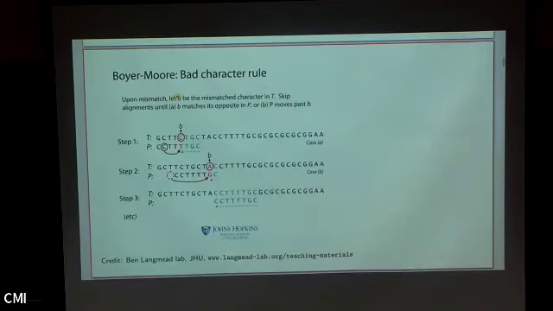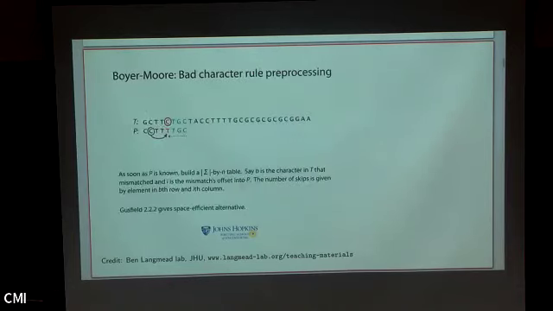One of the first clever things it does is that it starts the matches from the end of the pattern and not the beginning. So you align the pattern here, but it's not looking at these characters first. It's looking at these first. And what that does, I won't go into the details, is that when you see a mismatch, it allows you to skip ahead by sometimes quite a bit. So if you have seen a mismatch here, you don't have to slide it once, but you can actually slide it all the way here. And then each time you're matching going backwards like this. So only when you actually find a match, you end up comparing all the characters, but most of the time when you find a mismatch, you just jump quite far ahead. And the net result of that is,